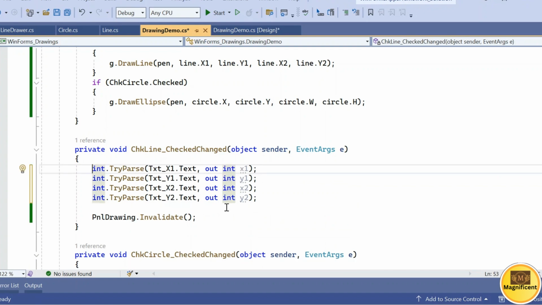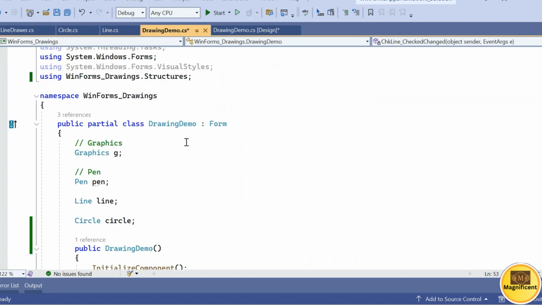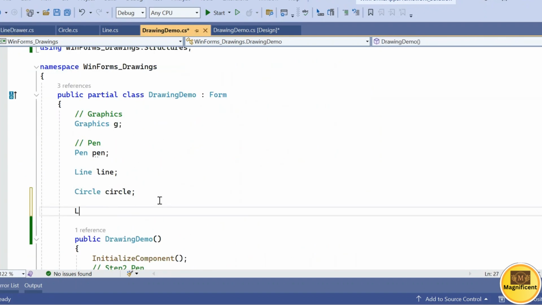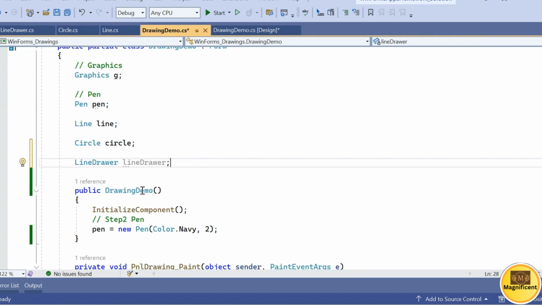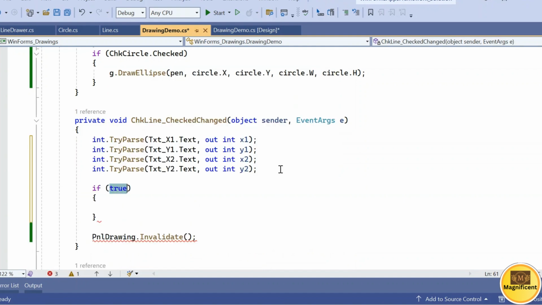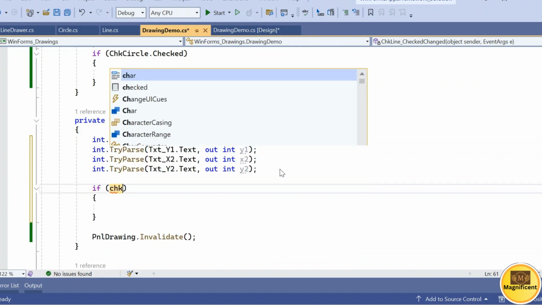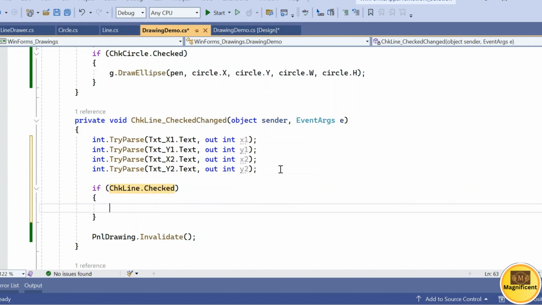Now these four values are ready, and the next thing which is required is to initialize the object of this line drawer. So at the class level, top side here, this LineDrawer class object we can create. This is the lineDrawer, I have just declared it here. And now whenever there is a checkbox checked for this line, then only we will be initializing this one. If chkLine.Checked, if it is checked, then this